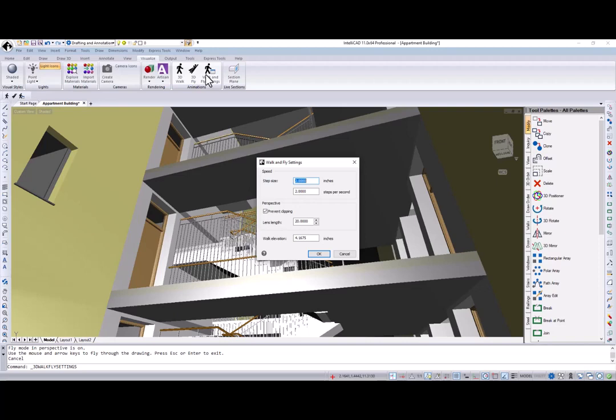Setting an appropriate step size and lens length for walk and fly is critical, especially for building interiors. You need a small step size so you can walk slowly through a room, and the wide-angle lens to see the full room. I used a 2-inch step size and 20mm lens length for this walkthrough. Be sure to experiment with the walk and fly settings to achieve the best results for your walkthroughs and fly